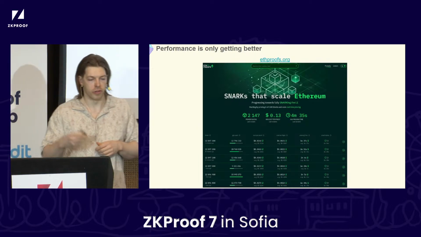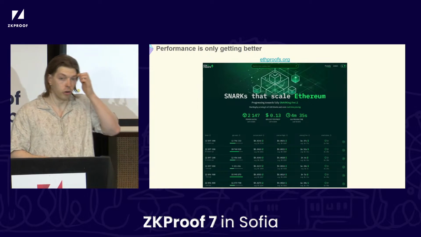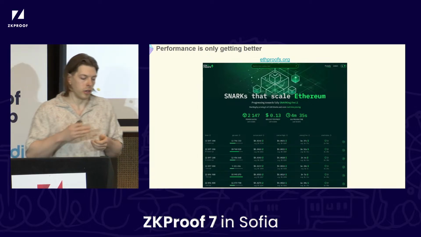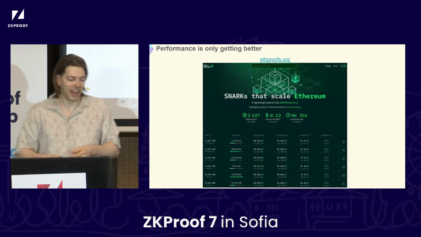And then if you wanted real-time proving, which would be less than 12 seconds, or in the context of the Beam Chain, maybe less than 4 seconds, you would add some number to that.